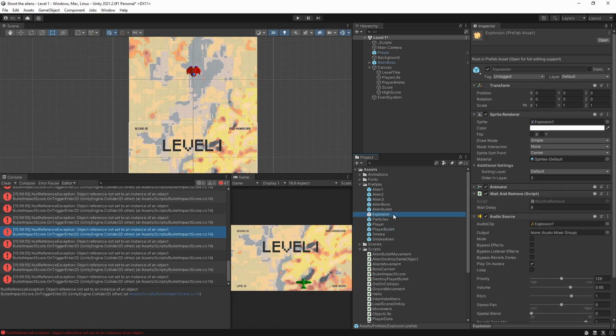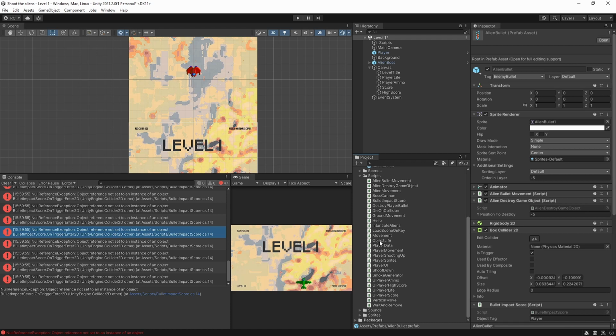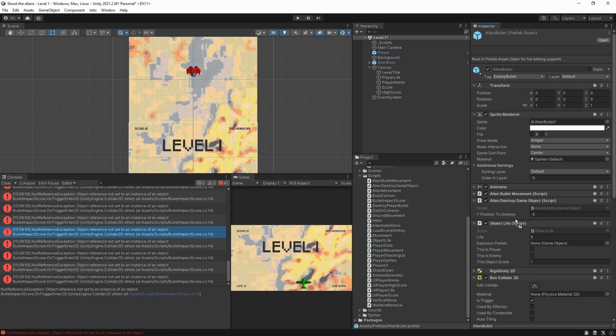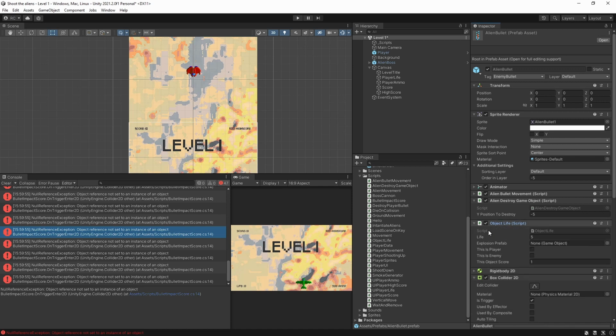So the alien bullet needs to have also the object life script. So this object life needs to be inside the bullet. This is not player and this is not enemy, so we don't check this. We just need to have here this object life 1,